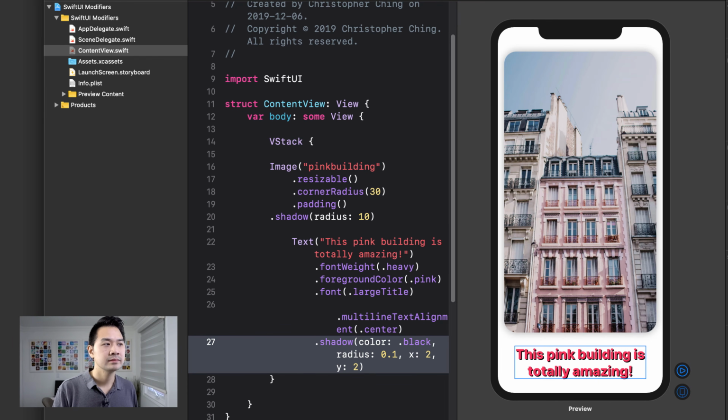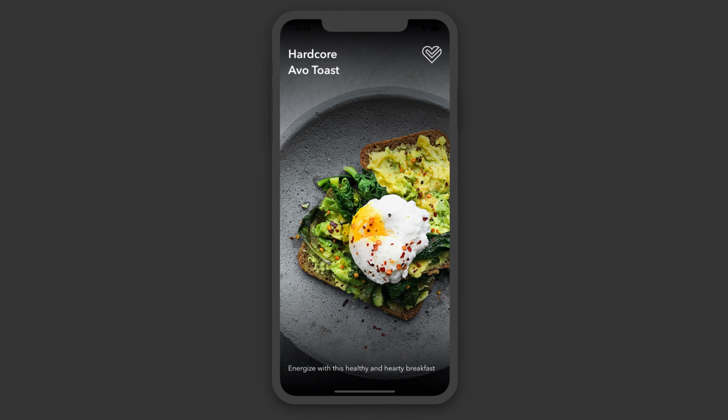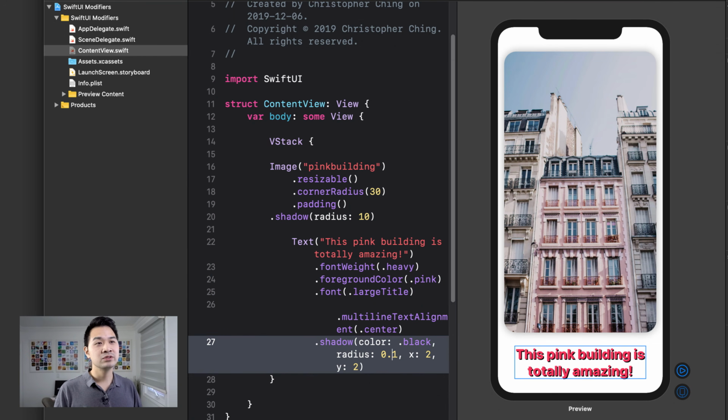All right, so now that I've showed you some modifiers and how easy it is to use, I have a challenge for you. Now, if you look under the challenge folder in the resources for this lesson, you're going to see that you have all of the assets that you need to try to recreate this layout. Now, just to give you a hint, you're going to need to use what you've learned in this lesson as well as the previous lessons on layout containers and those sorts of elements there in order to achieve this effect. I highly recommend that you try it out because it's really going to give you that extra practice and solidify